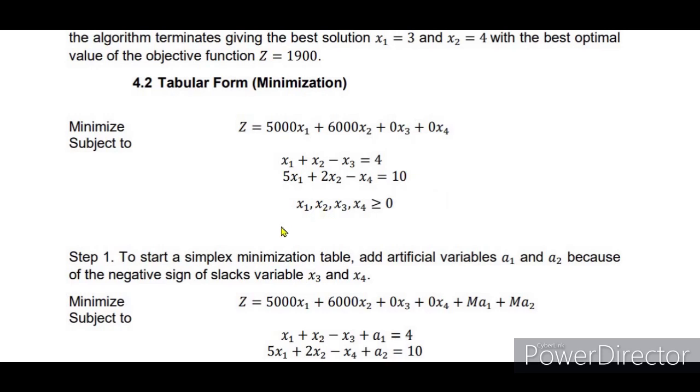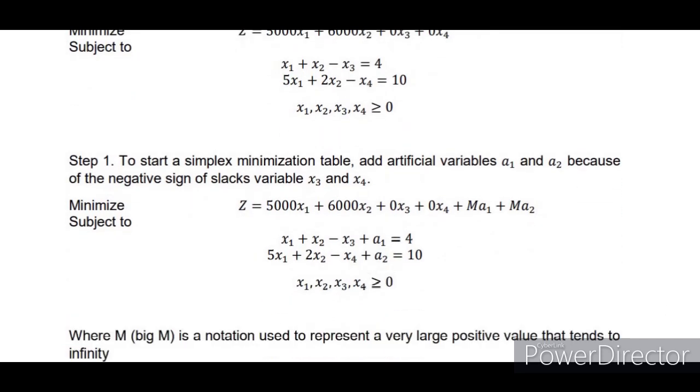So with the non-negativity constraint, x sub 1, x sub 2, x sub 3, and x sub 4 should be greater than or equal to 0. So those variables should not be negative. Otherwise, it will be infeasible. So next, for the tabular form of the minimization,